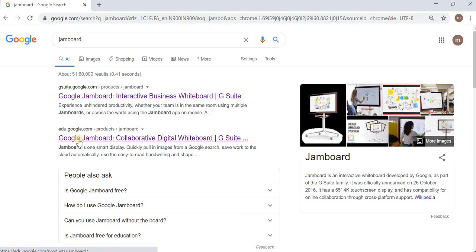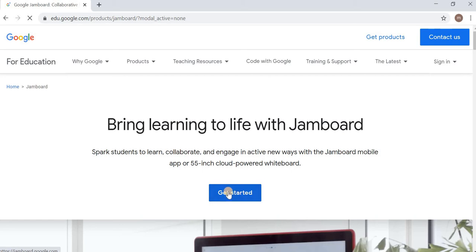edu.google.com. In this, you select this Google Jamboard. It is online, available without installing anything. It is ready to use, but the only limitation is that you should have a good internet connection to work out. Okay, now because it is for the first time, it is asking get started. Okay, I'm saying yeah, still it is